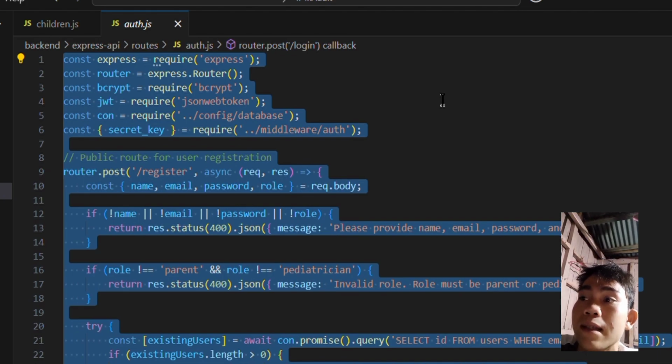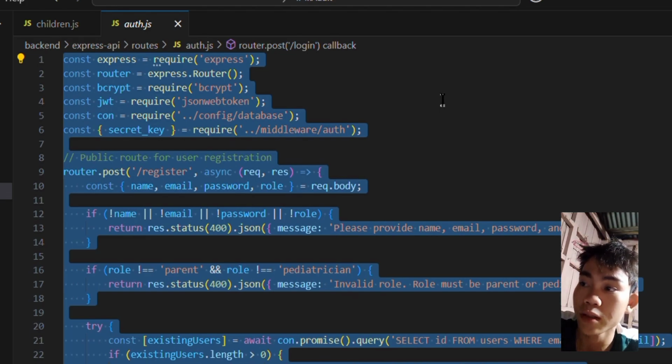We get name, email, password, role. And we validate that all required fields are present and ensure the role is either parent or pediatrician.